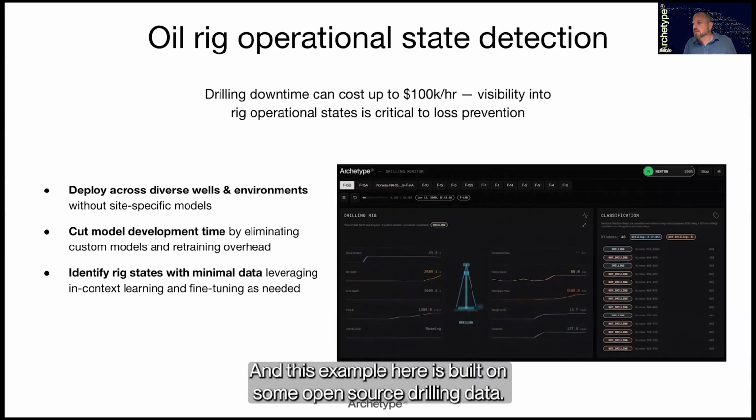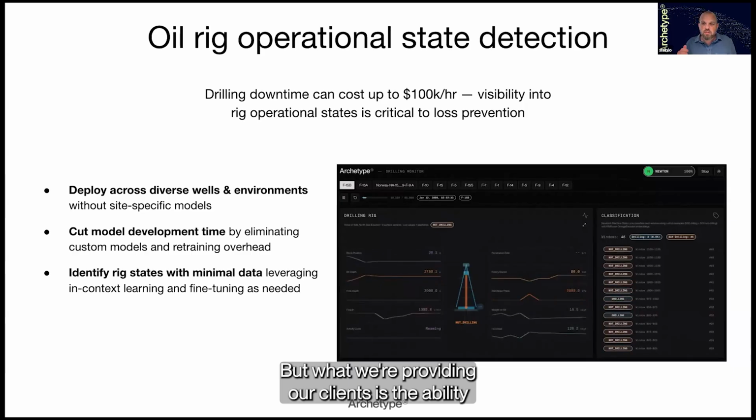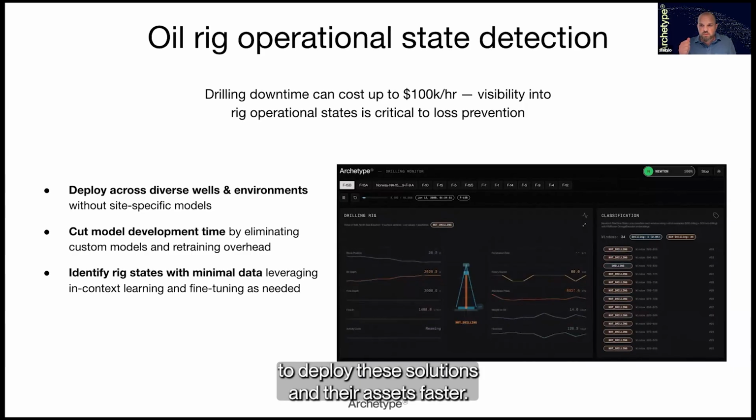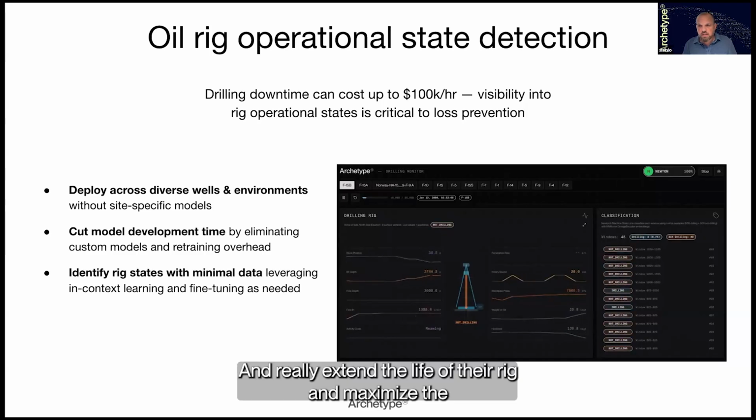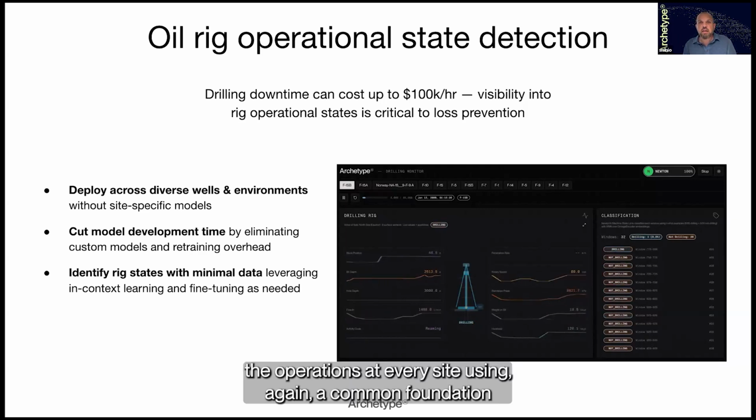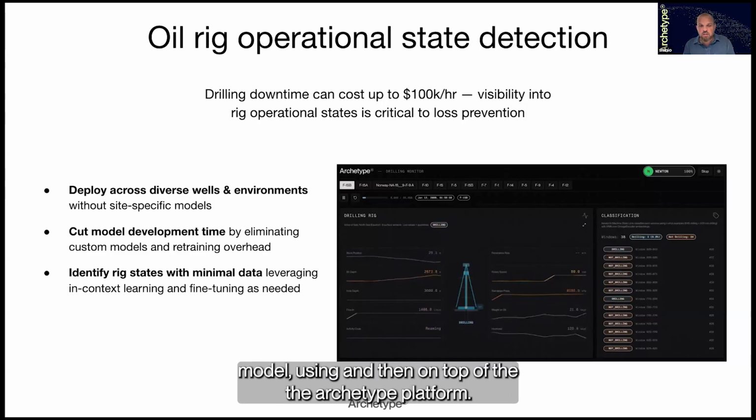And this example here is built on some open source drilling data, but what we're providing our clients is the ability to deploy these solutions on their assets faster, maintain them at a lower cost, and really extend the life of their rig and maximize the operations at every site using, again, a common foundation model on top of the Archetype platform.